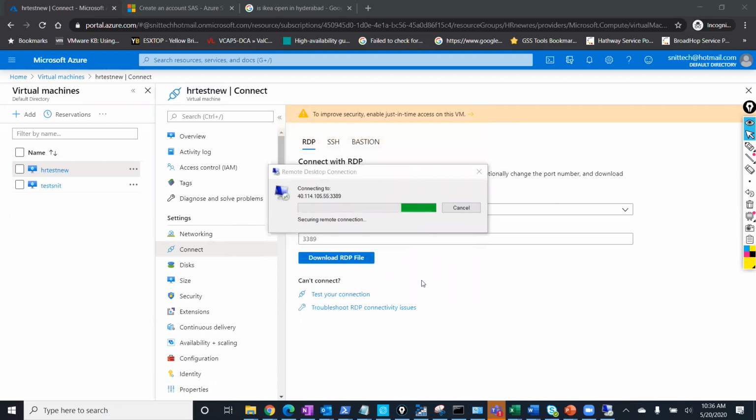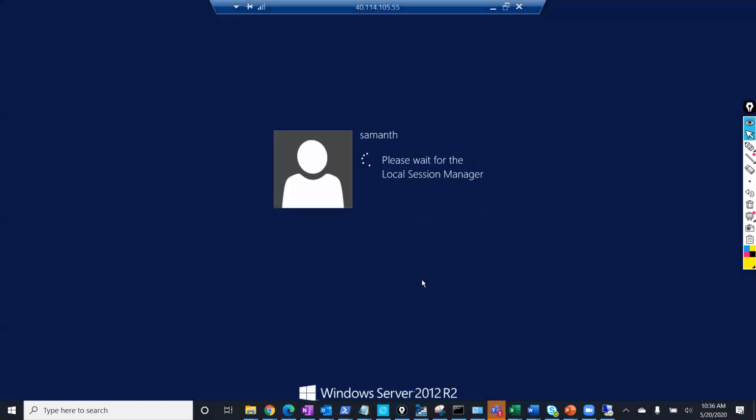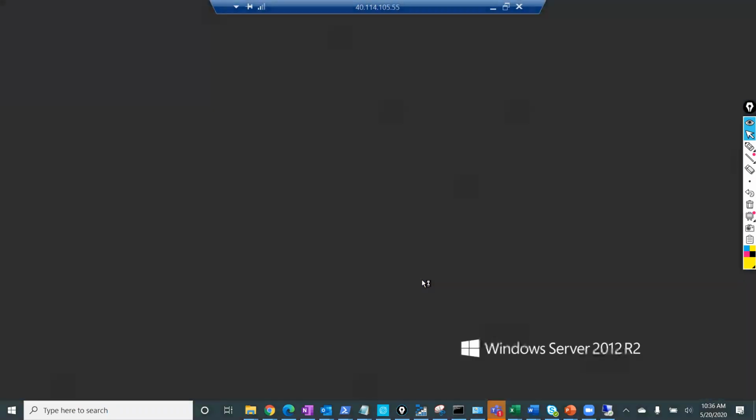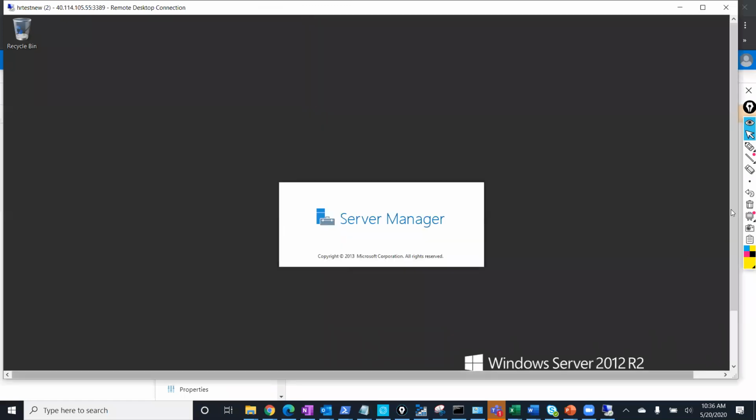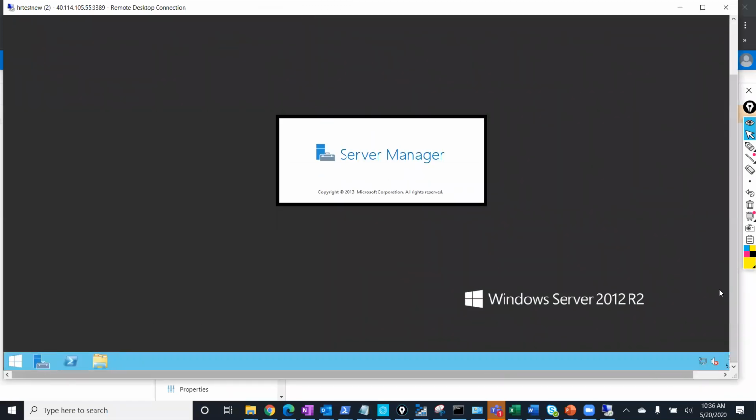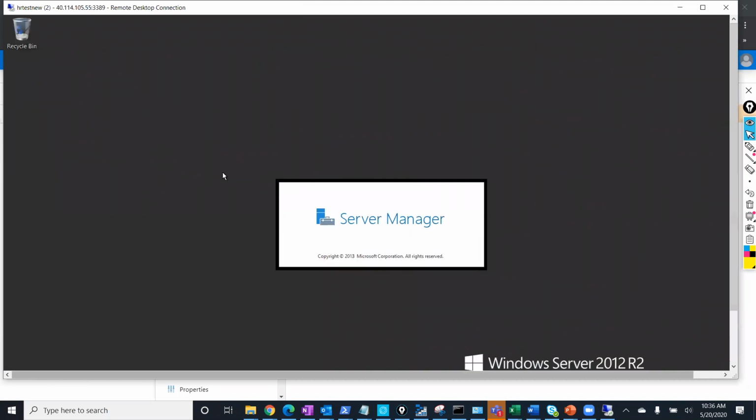Click OK. So if I go to my virtual machine and if I click on folder,